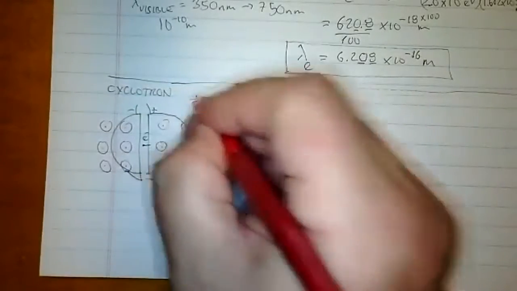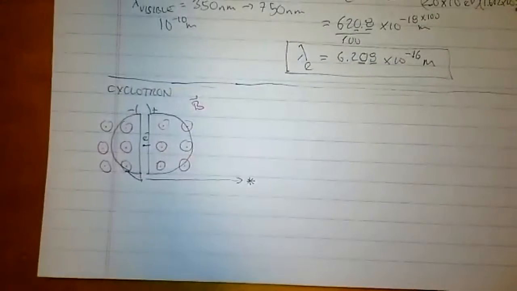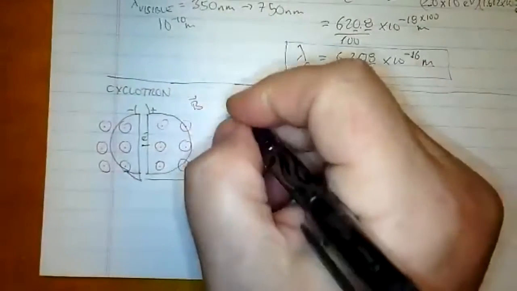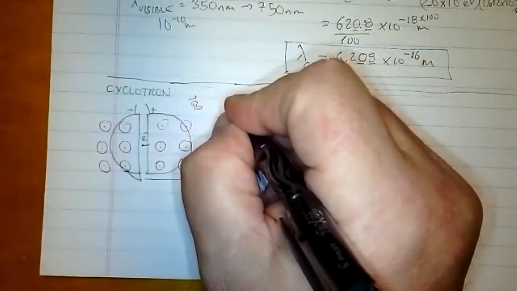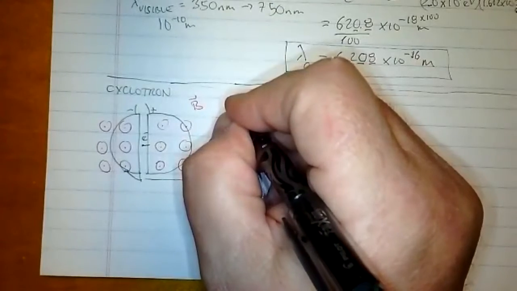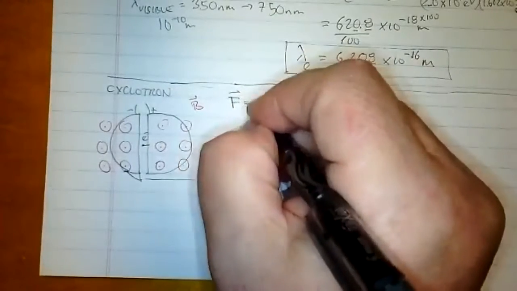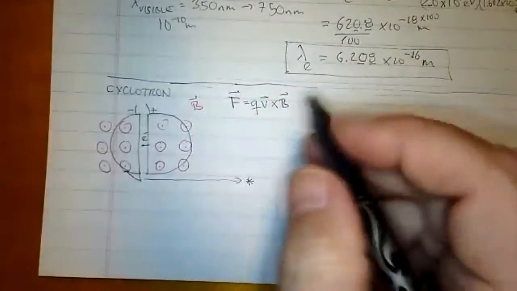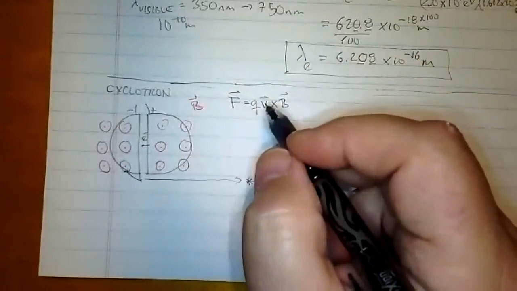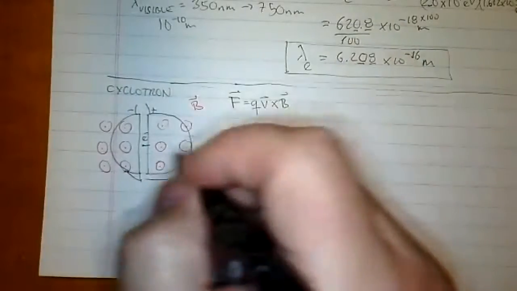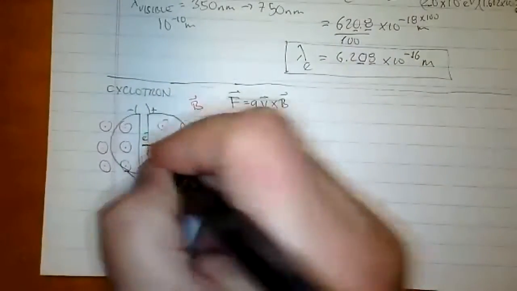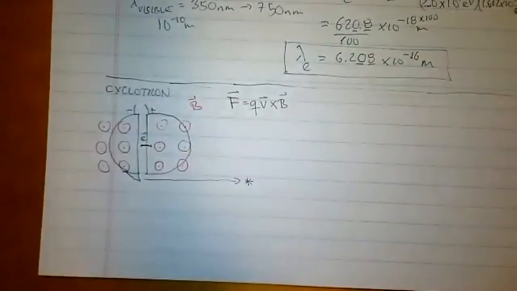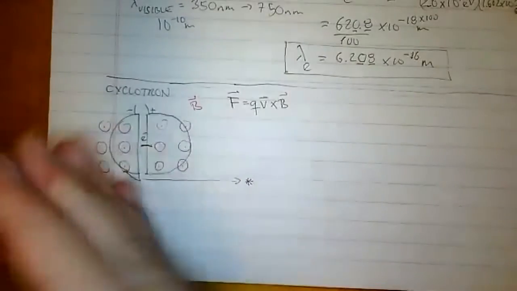Okay. So what's going to happen is, it turns out the force on a charged particle q with a velocity v is actually q times v crossed with B, the magnetic field. So you end up getting a force that's both perpendicular to the velocity and the magnetic field. So if this particle is going this way, it's a negative particle. So qv is actually going that way. And it turns out if qv is going that way and I stick my thumb in the direction of the magnetic field, then that tells me